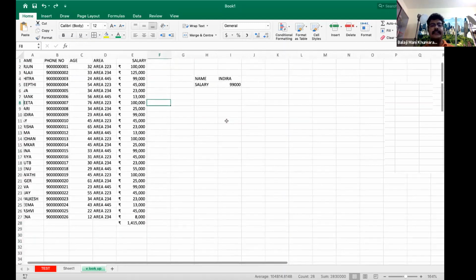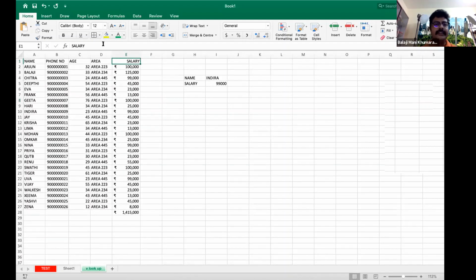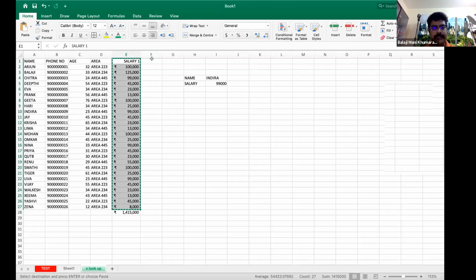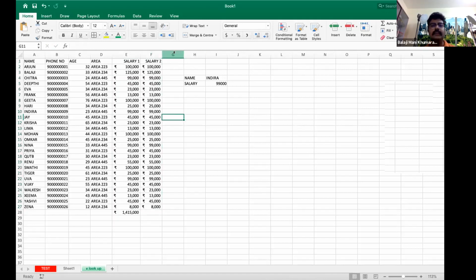The advantage in Excel is, let's say, here I'll mention as salary 1 and the same thing I'm copying and pasting here and mentioning it as salary 2. In the G column, I'm just adding both the salaries.